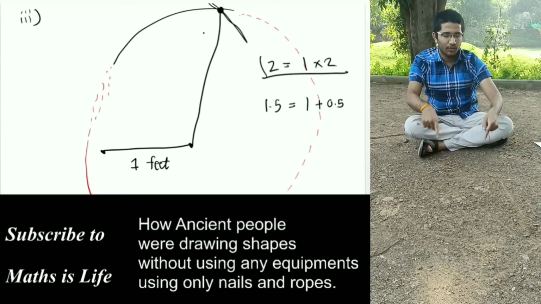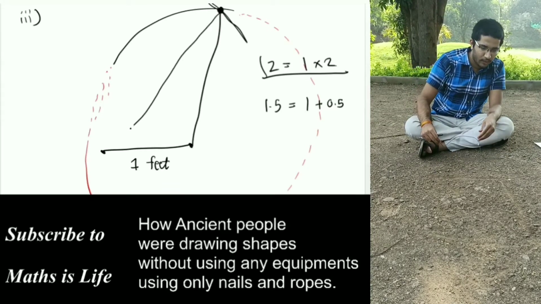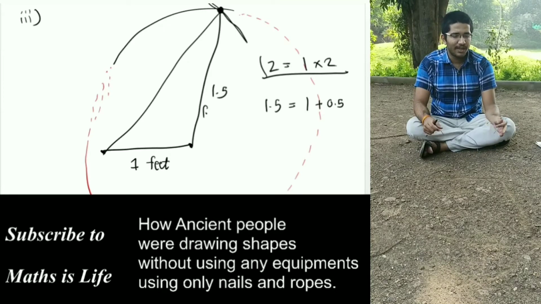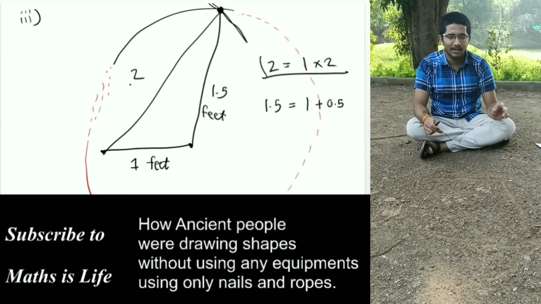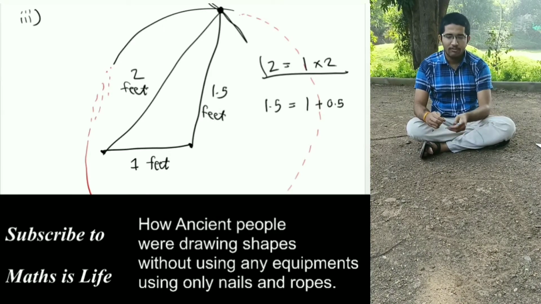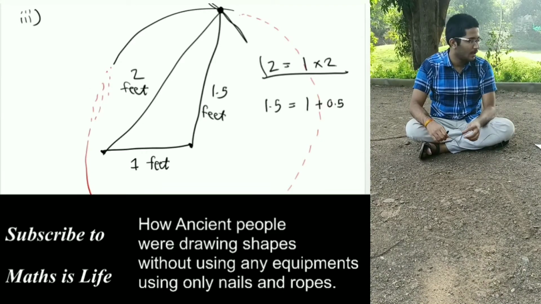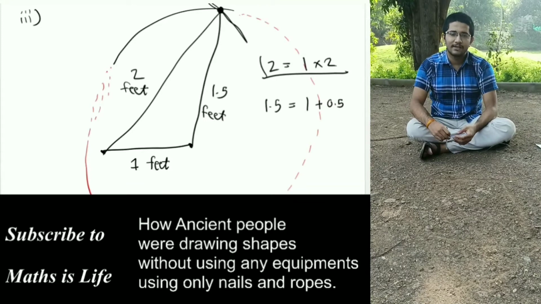That point we will connect to both end points. We have already created an obtuse angle also in this only, but it's okay, it is a scalene triangle. All side lengths are different. So for each side we will take the different or required measure between nails. This is the way to draw triangles.